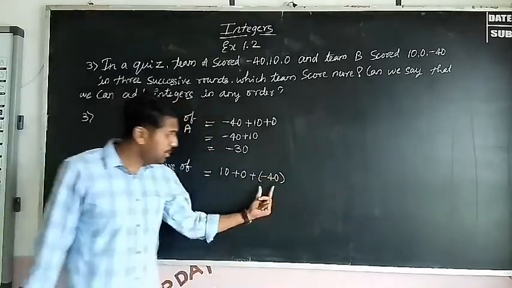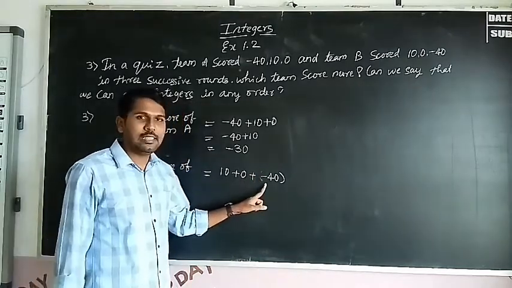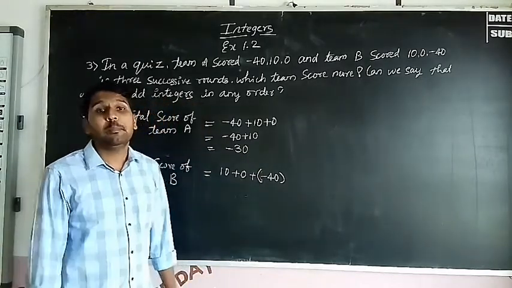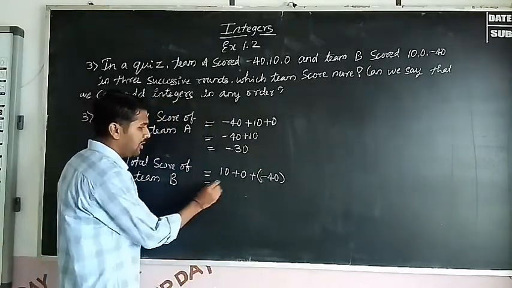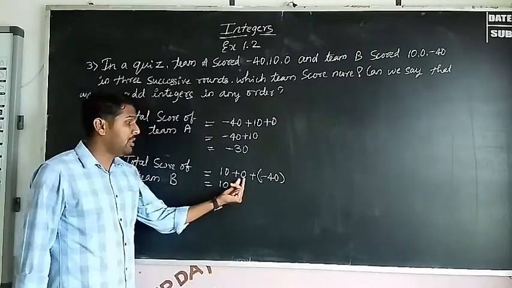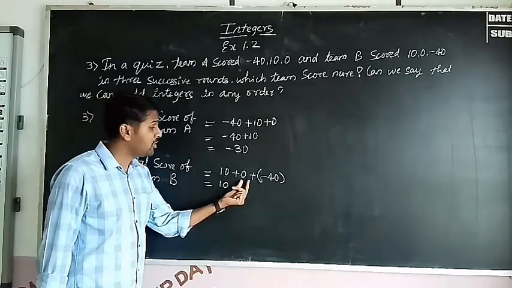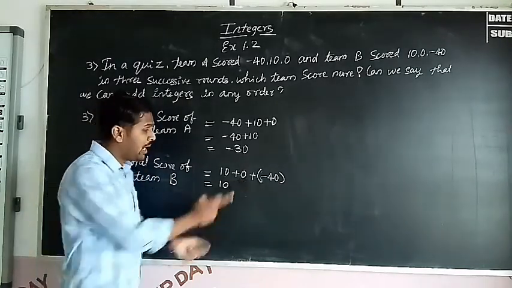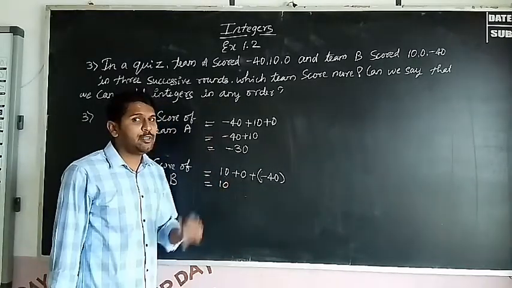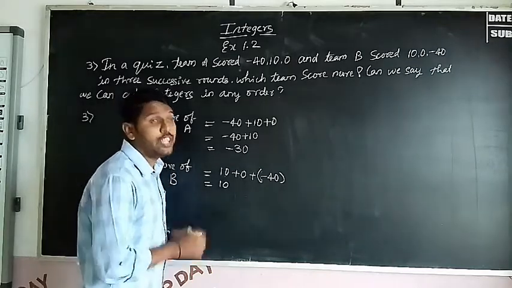Okay. Why do you use this bracket here? If you remove this one, plus minus, this is not a value now. So take the bracket. So now solve this one. 10 plus 0, again 10. Just remember, 0 is the additive identity for integers. Why is 0 called the additive identity? When we add 0 to any integer we get the same integer. That's why we call 0 the additive identity for integers.